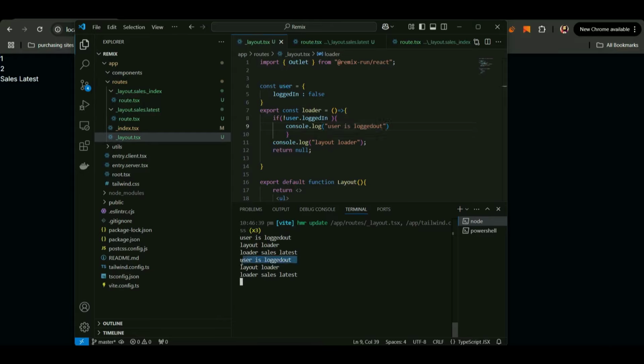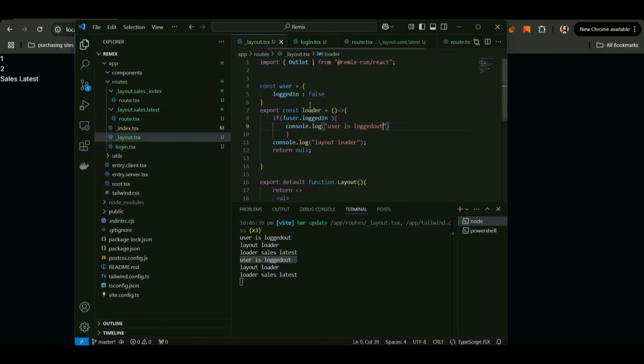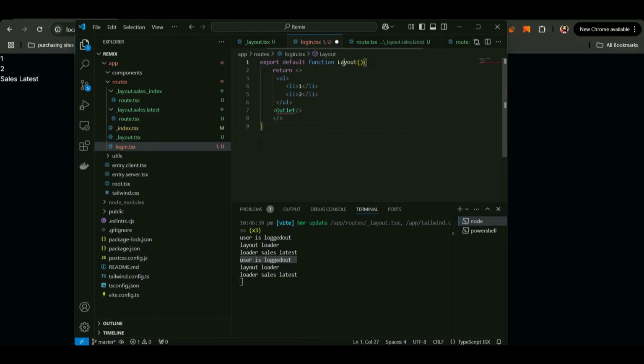So it is printing me user is logged out. Then in that case, I want to perform some action, maybe redirect user to some other page. Okay. So first what I'm going to do is I'm going to create another file that is going to be login.tsx. So login is going to be another route for me where I'm going to just have this component login, and here I'm just going to say h1 login page,